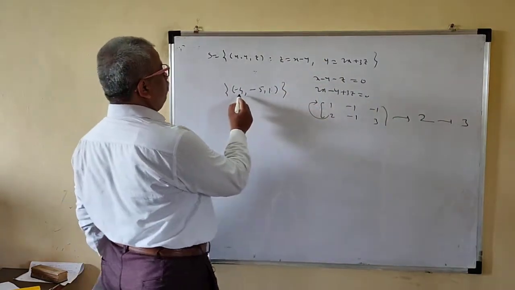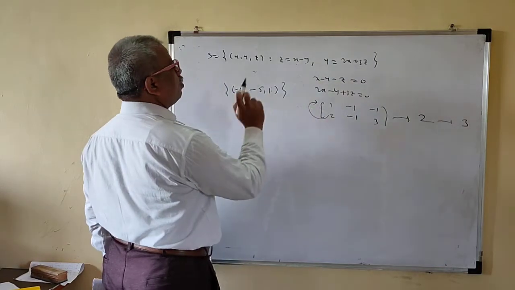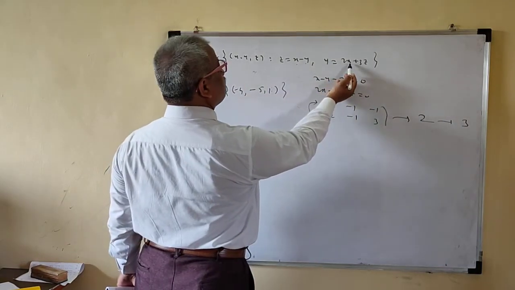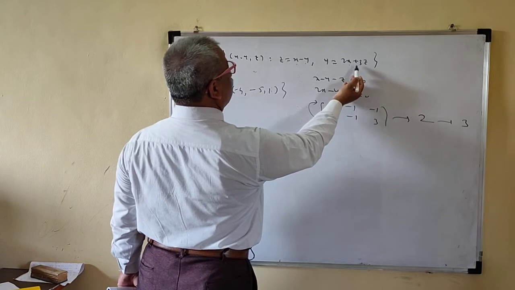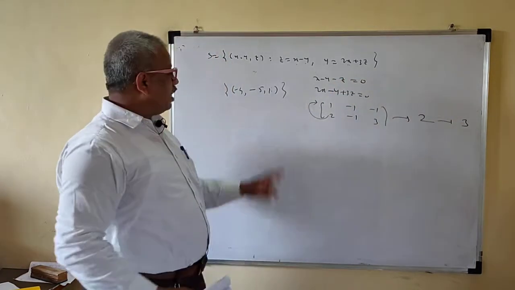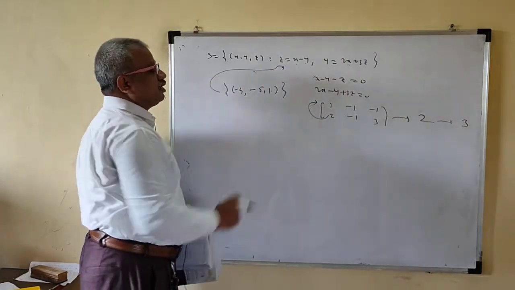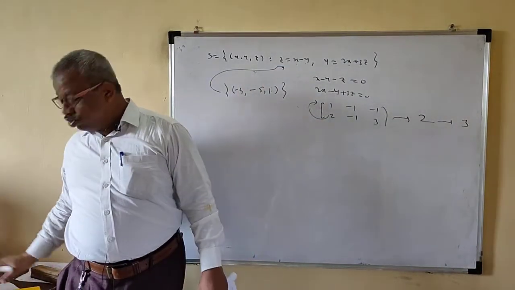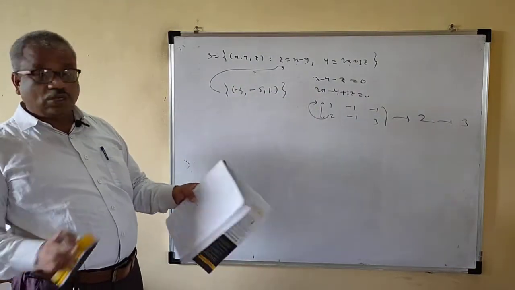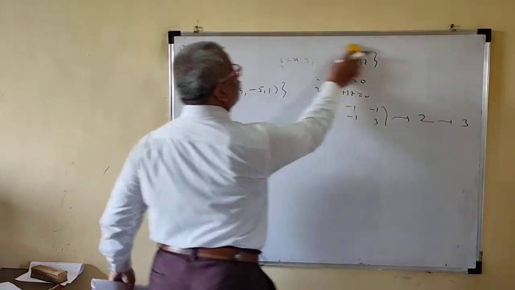So for this one, whether it satisfies: this is minus 4 plus 5 is 1. Then this is minus 8 plus 3. Minus 8 plus 3 is minus 5. Yes, this is minus 5. So that means this satisfies these two equations. So this will be your correct option. No need to solve your system. Just check from the options.